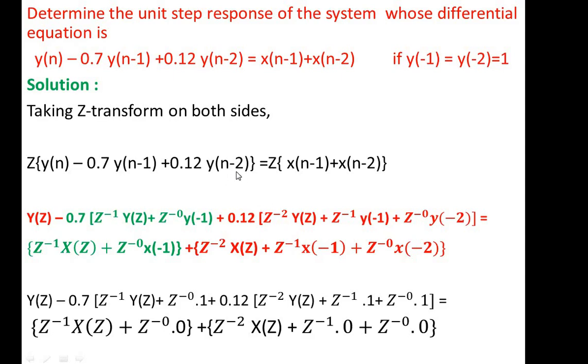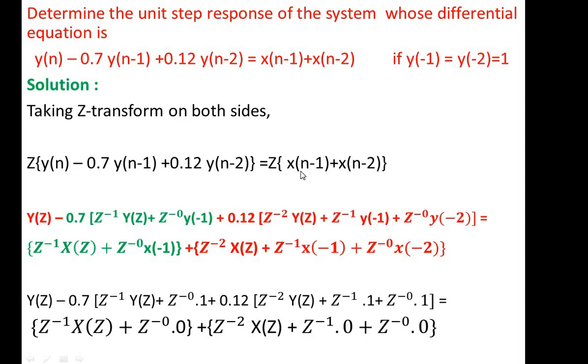So now we have to include two initial conditions, y of minus 1 and y of minus 2. The value of z is going to continue with the very first value of z. So already we are having z power minus 2, and now it is z power minus 1 and z power minus 0. Here we are increasing the order of y and reducing the order of z. This is what I said in the previous slide.